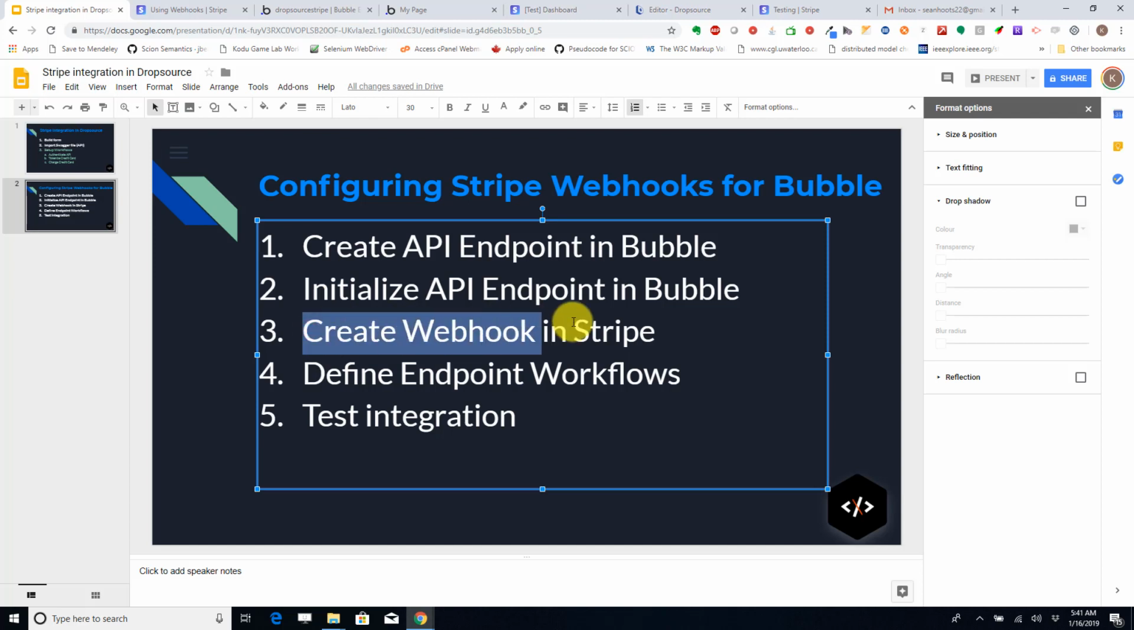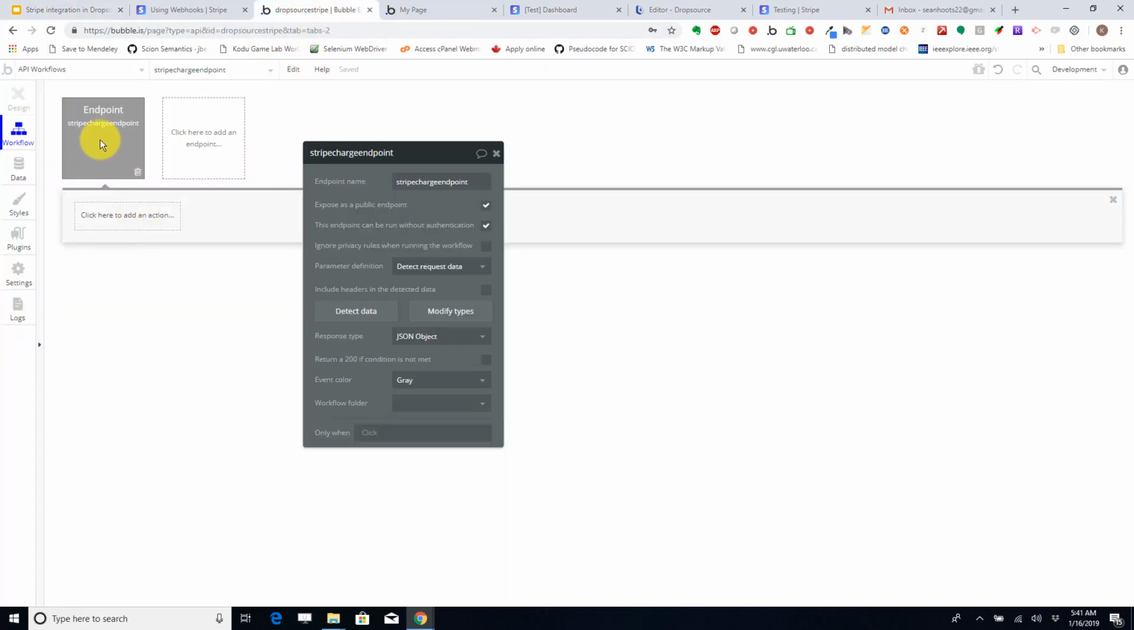So we've done this step, and the next step is to define the endpoint workflows. Okay, so now that we've defined our endpoint, when Bubble receives a request from Stripe, we want to take some action. So what do we want to do? Okay, so maybe we want to create some records in our